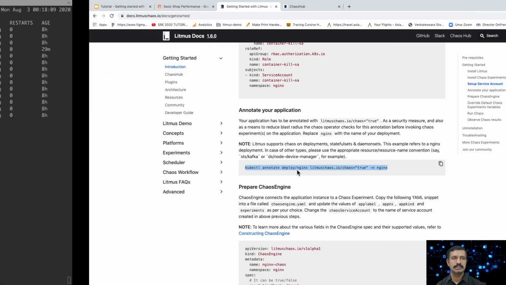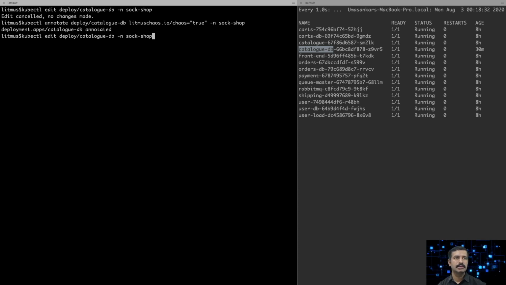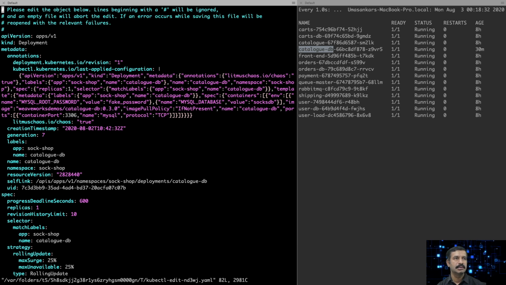Copy this. So we have annotated, and right now this annotation is set up properly. So we are good. We annotated, we set up the service account,